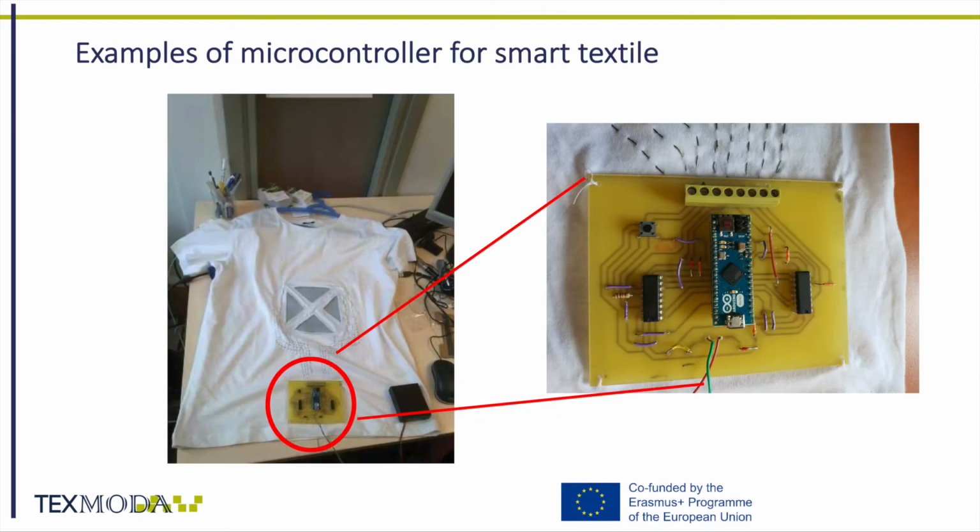You can see a smart textile sample on this slide. This sample is a textile display. The display fabric is controlled by a microcontroller. This microcontroller is an Arduino Micro board. It is soldered on an FR4 printed circuit board. This design of the electronic part is not a good solution for the textile structure because the rigid PCB will influence the comfort of wearing and the size of the PCB is very big as well.